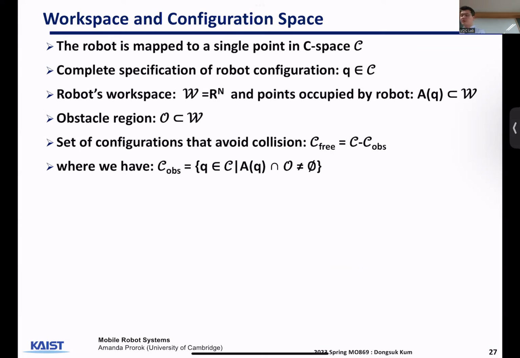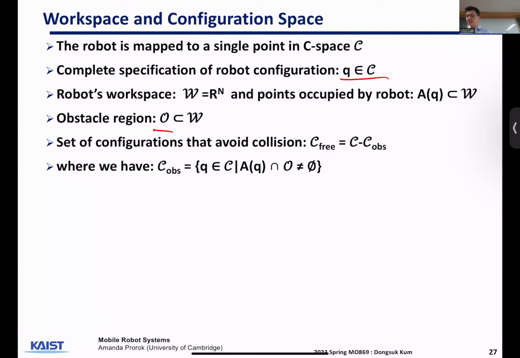The robot is mapped to a single point in configuration space C. Complete specification of robot configuration is Q, which is in the C space, configuration space. Robot's workspace is W with n dimensions, and points occupied by the robot is A of Q, which is a subset of workspace, and obstacle space is also noted as O, a subset of W workspace,